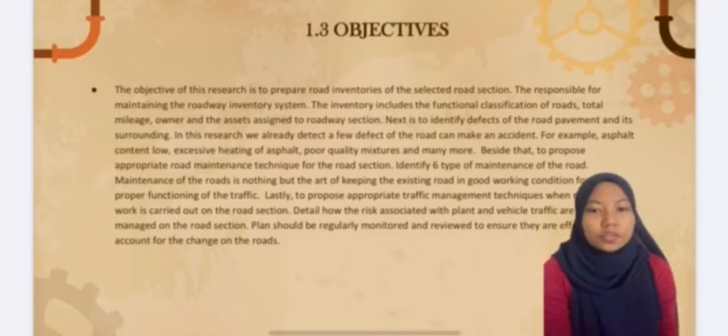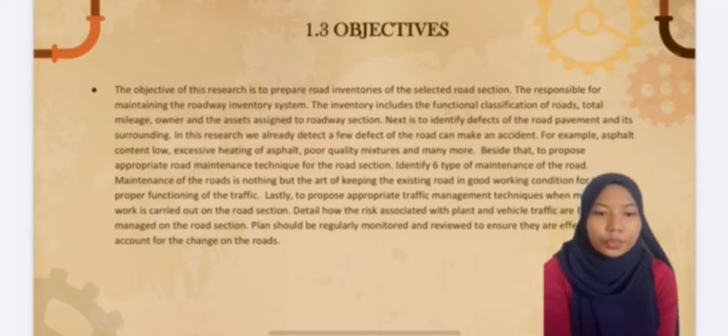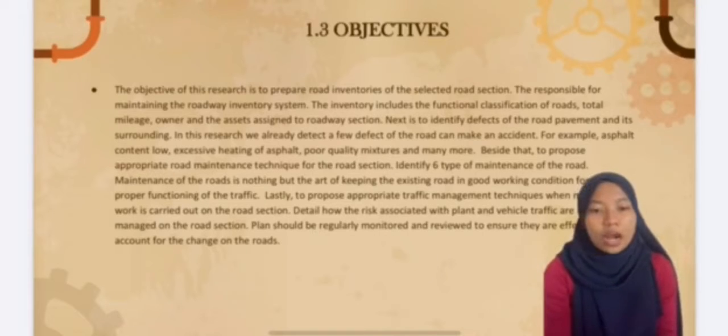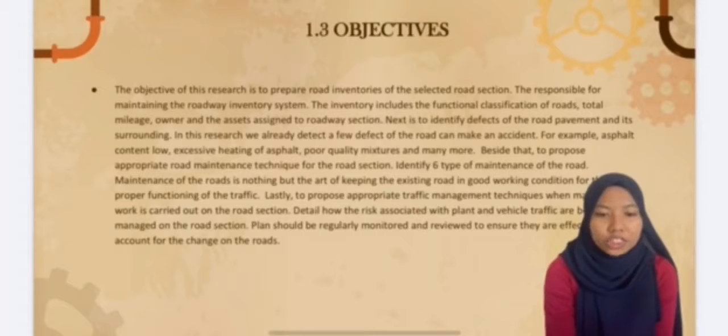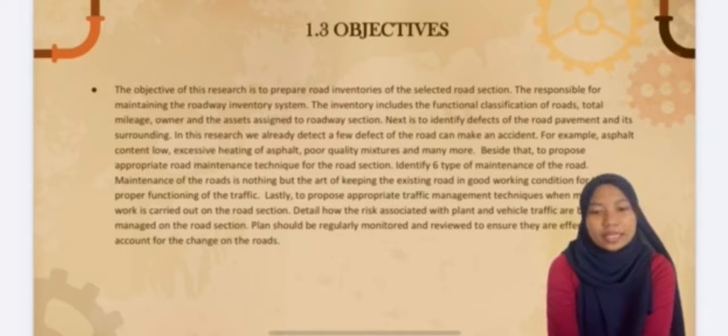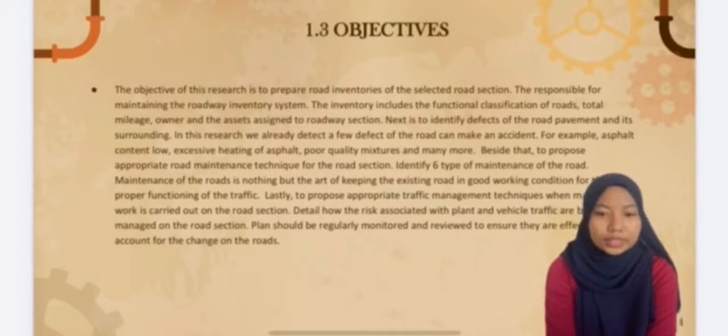Besides that, we propose appropriate road maintenance techniques for the road section, identifying six types of maintenance of the road. Maintenance of the road is nothing but the art of keeping the existing road in good working condition for the proper functioning of the traffic. Lastly, we propose an appropriate traffic management technique when the maintenance work is carried out on the road section.